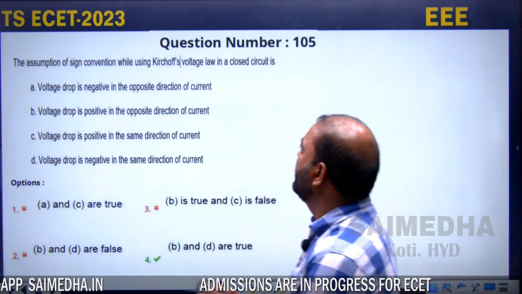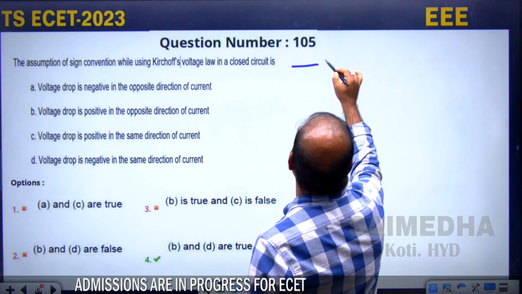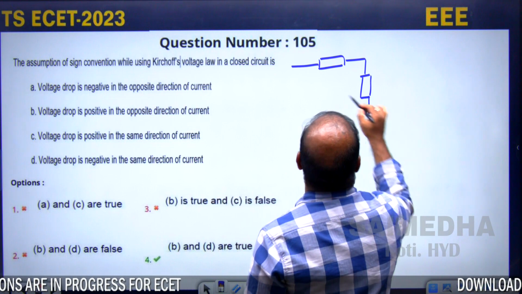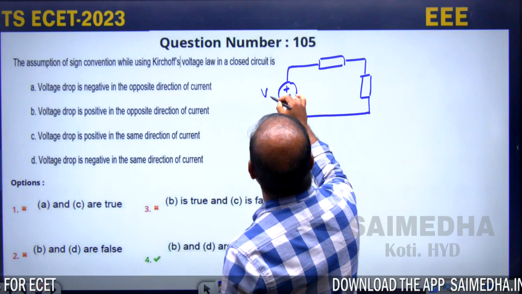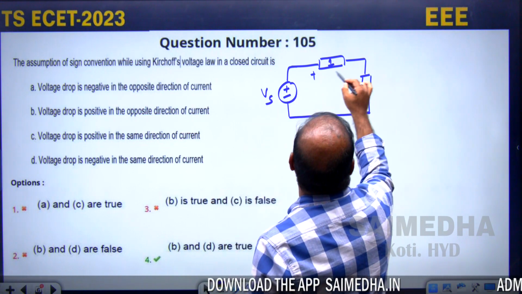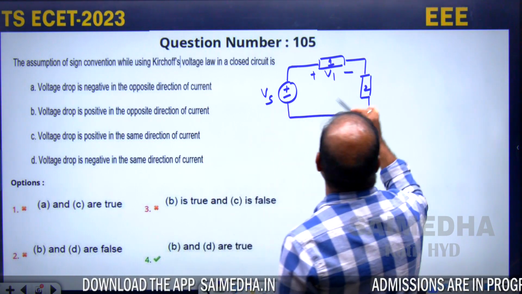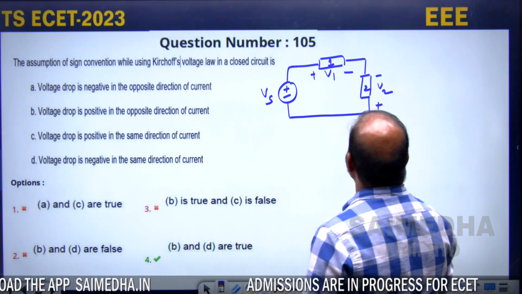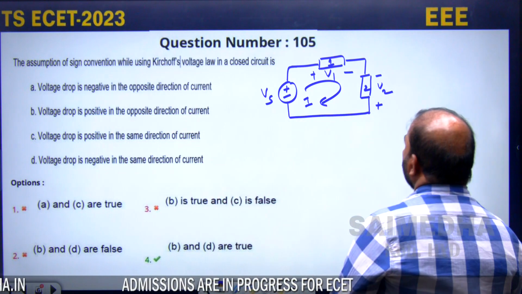The assumption of sign convention while using Kirchhoff voltage law in a closed circuit. Let me consider a simple closed circuit here. I am going to consider two elements in this closed path. This is the voltage source, whose voltage is Vs, and this is element number 1, this is element number 2. I am providing the polarities like this, plus or minus. The voltage drop across element 1 is V1 and the voltage drop across element 2 is V2. And assume that the current flowing in this loop is I. See, if we apply KVL,